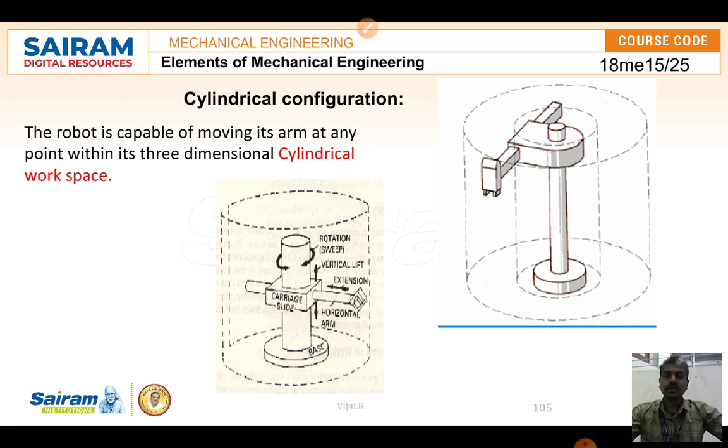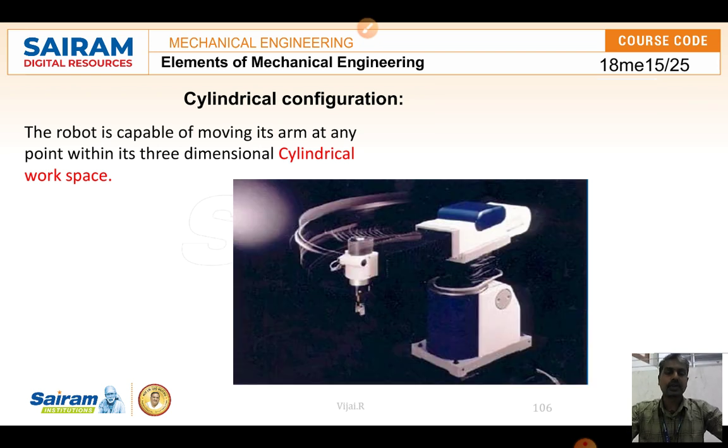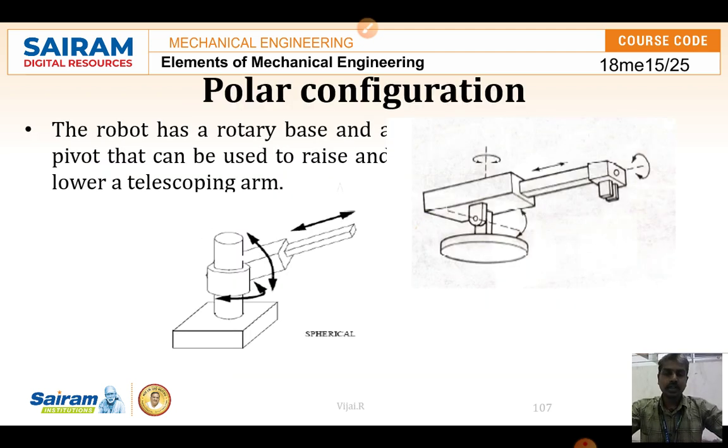It is used in areas where such a working environment is required. The cylindrical configuration robot is used in scanning centers, the medical area, and pick and place areas, where three-dimensional space is occupied and it needs to rotate and move. And the third